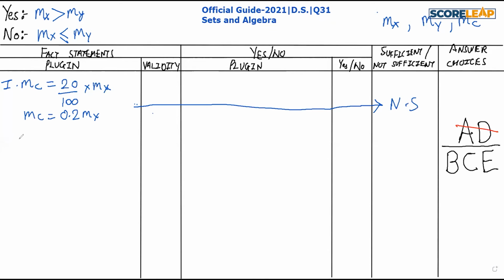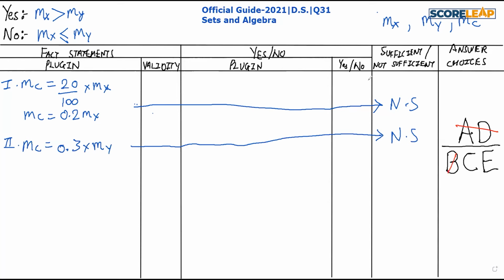So let us jump to statement 2. Statement 2 says that of the members of club Y, 30% are also members of club X. So here the common members MC is equal to 30% of the members of club Y. In this case also, we are given the data related to the number of members of club Y, but we don't have any information in this statement about the number of members of club X. So we can get a yes or a no, which means that the number of members of club X can be greater than club Y or less than or equal to club Y too. So directly, without plugging in any values, I will say that this is also not sufficient.